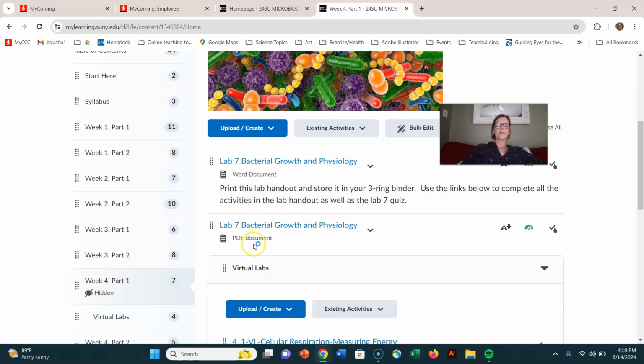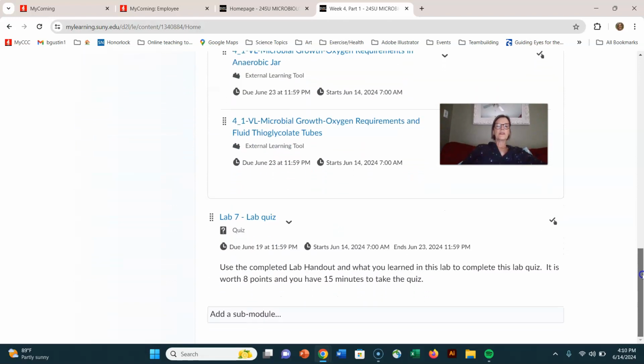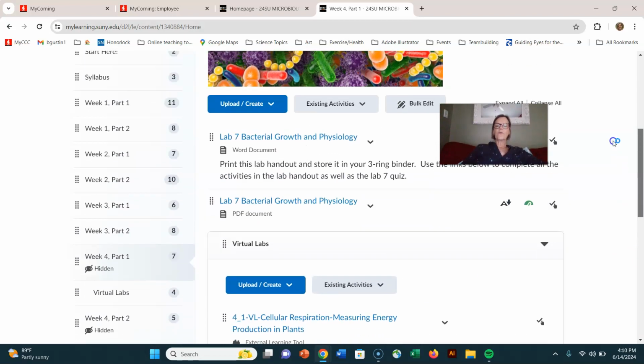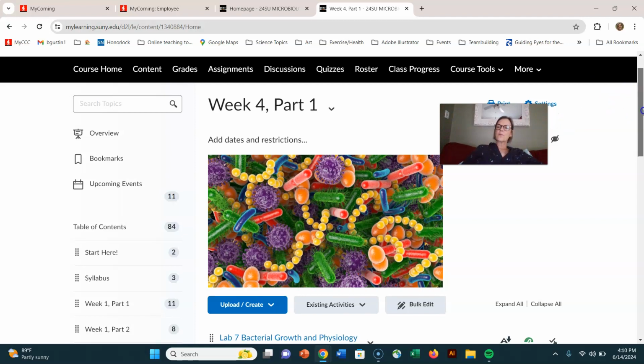Here's the Word document and the PDF document. Fill one of those out. There are your links to your virtual labs. And for this week, they have some virtual labs, and we have one lab quiz. So take your lab quiz, and week 4, part 1 should look a lot like your other weeks that you've had. The week 4, part 2,